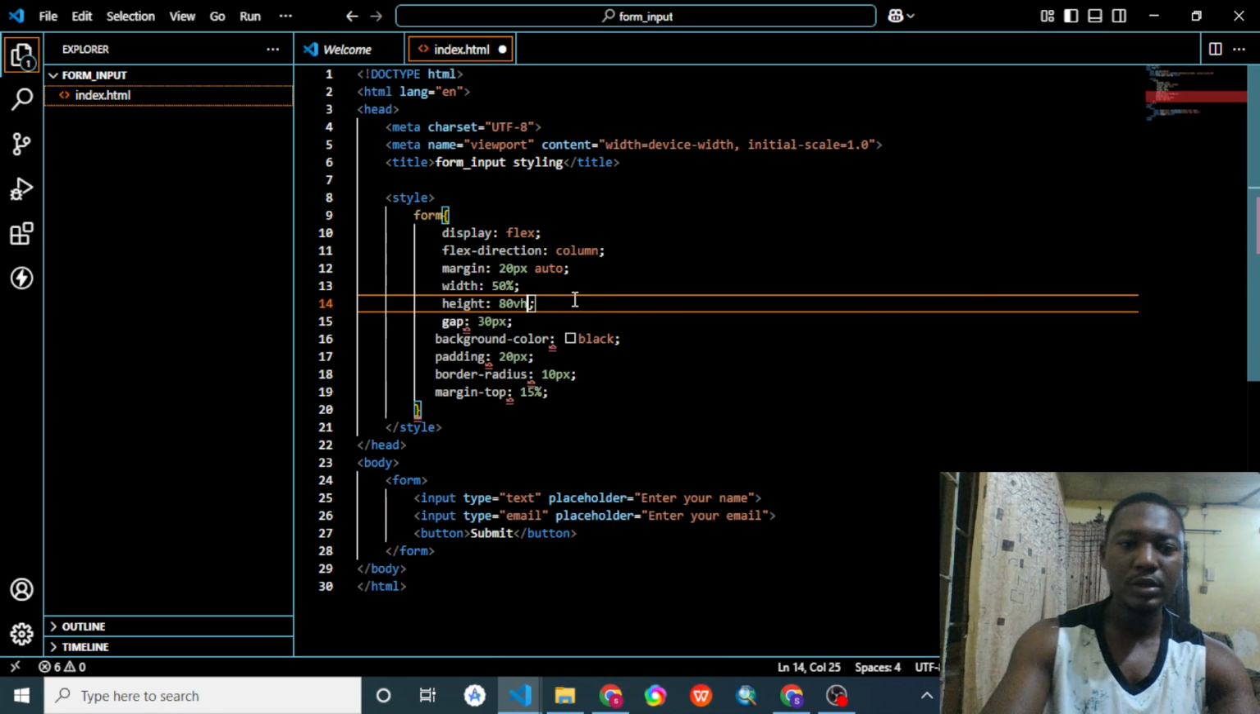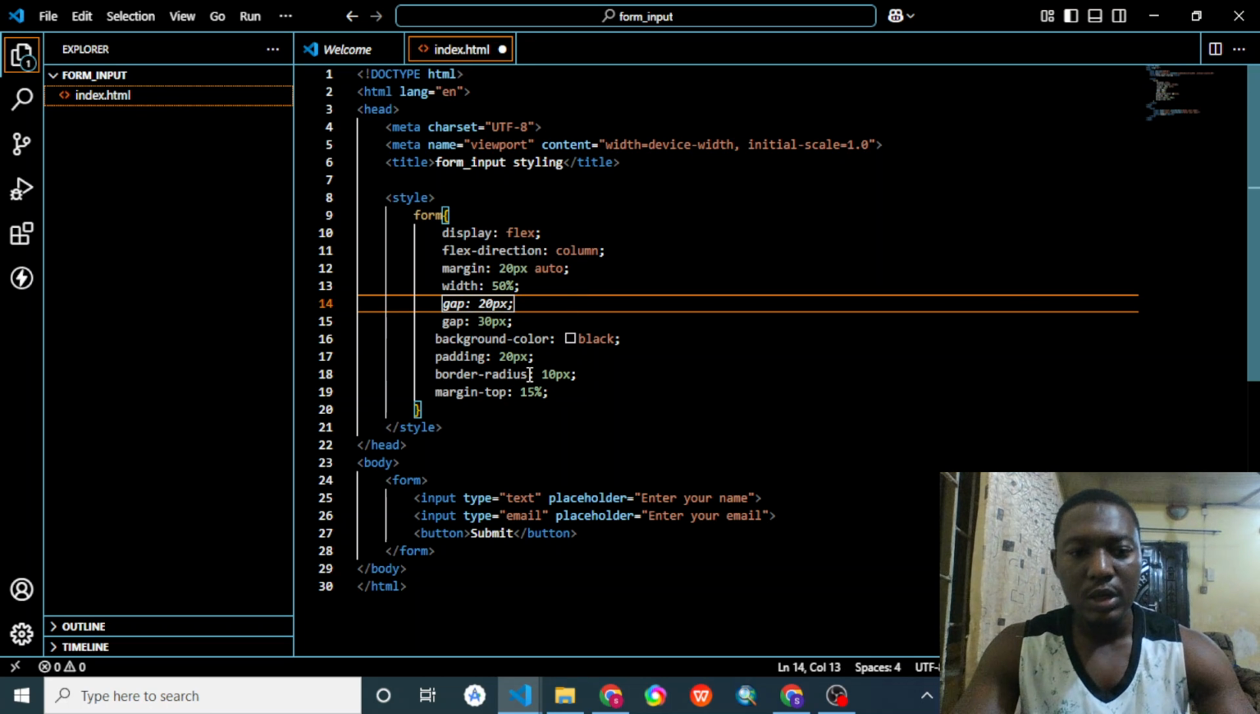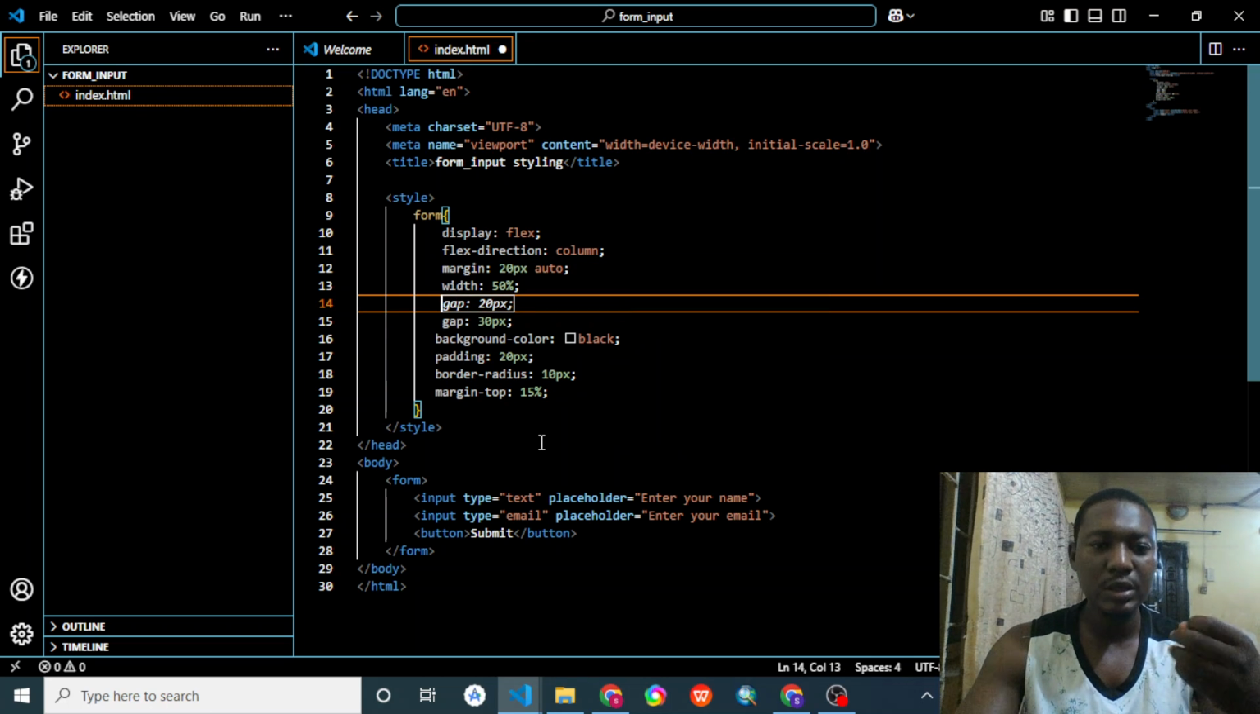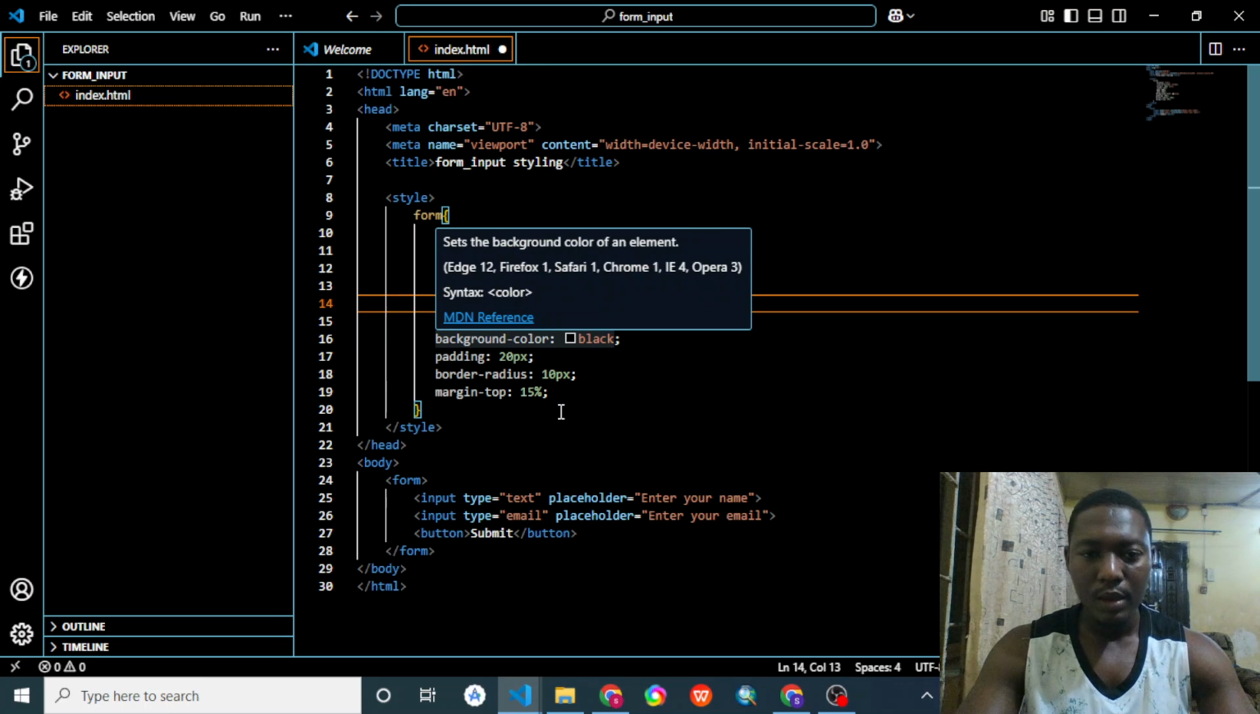No, not this. Let's not give it too much height. The height is okay. What we are going to be giving height is the inputs, because the inputs are looking so tiny. So we are not going to do that in the form. So for now,